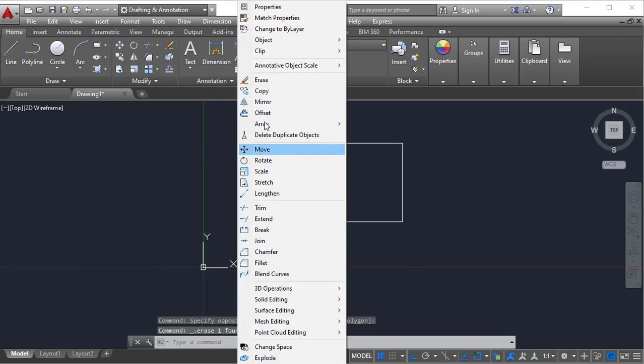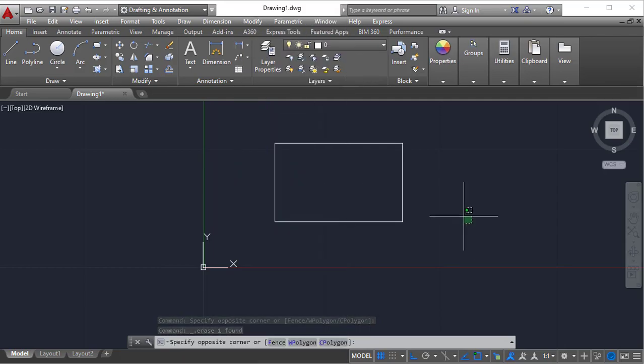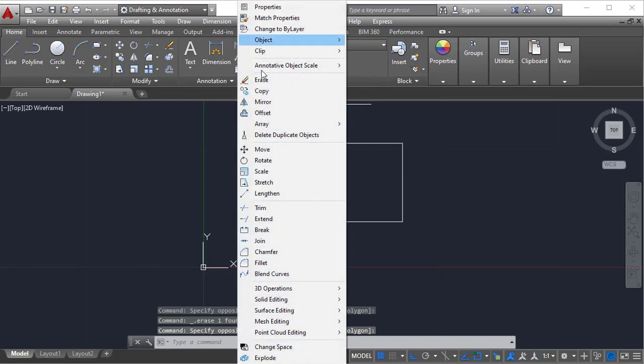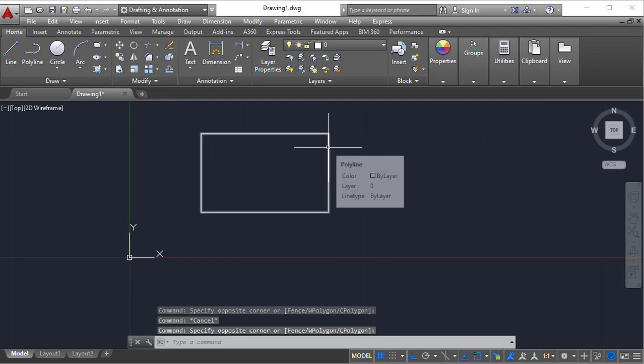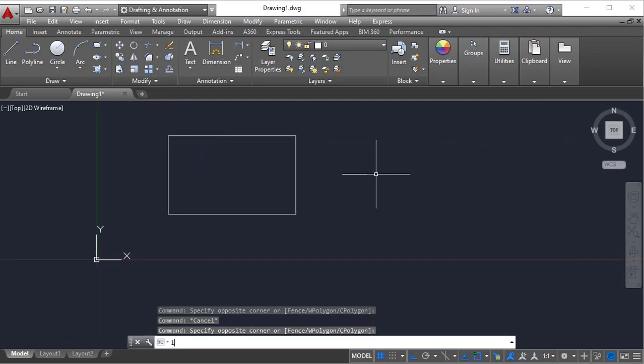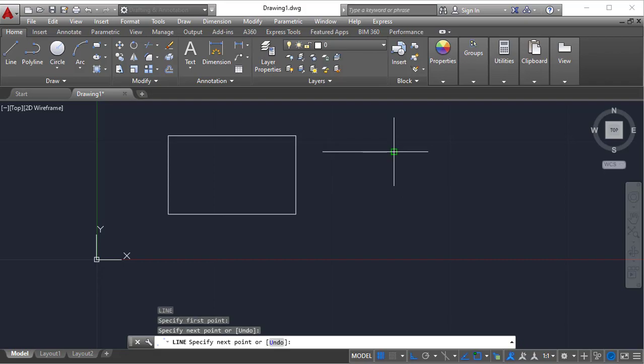Next one is offset. See, offset creates similar objects at a specified distance. You need to remember this definition: creating similar objects at a specified distance. I have a rectangle. See, this rectangle is constructed by polyline, and I am creating a line.